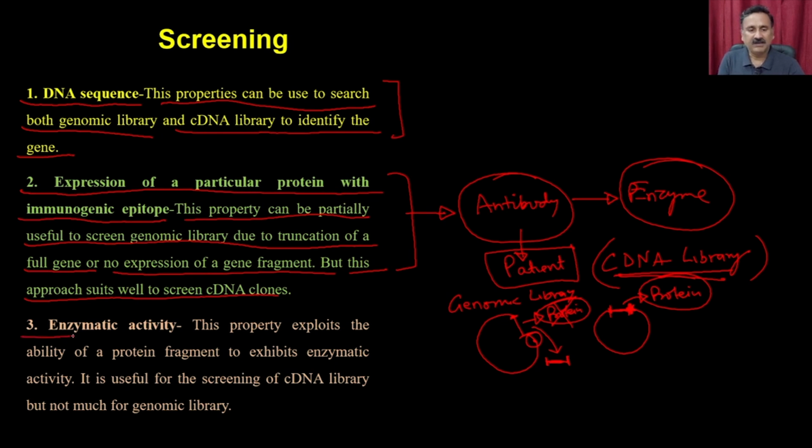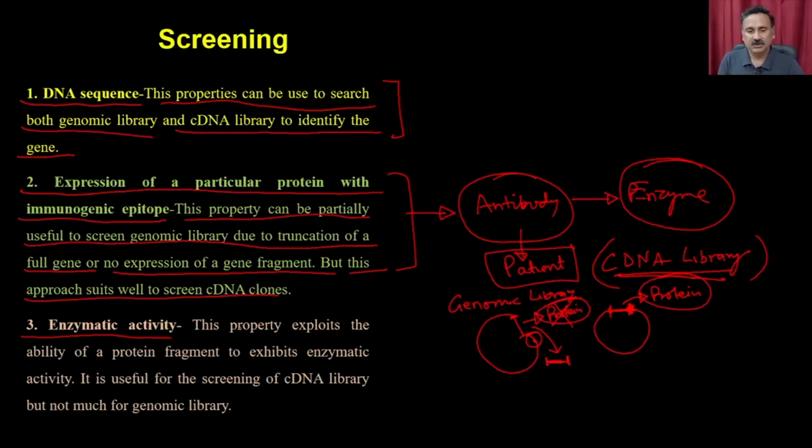Then we have the enzymatic activity. For example, if you are trying to explore an enzyme which is associated with a particular activity, but you don't know the gene, in that approach you can use the enzymatic activity. So this property exploits the ability of a protein fragment to exhibit enzymatic activity. It is useful for the screening of